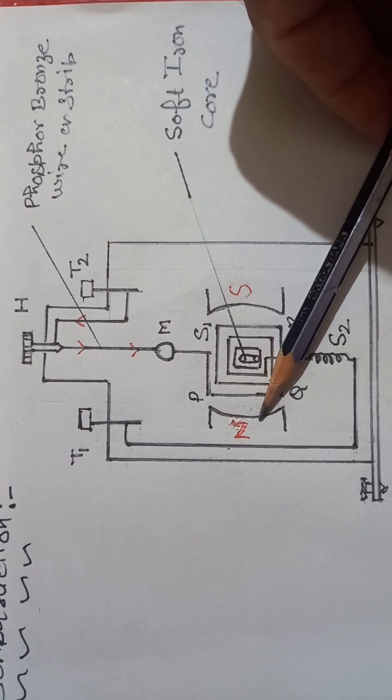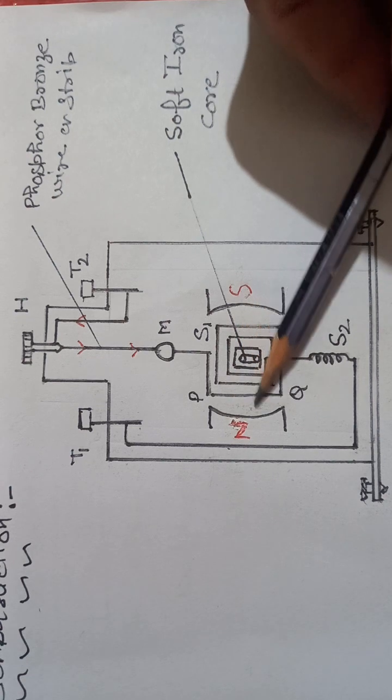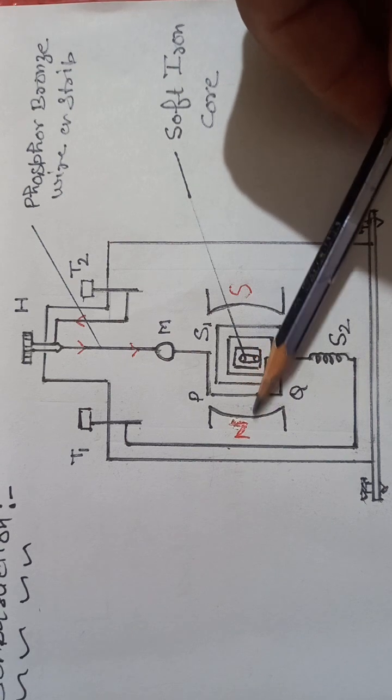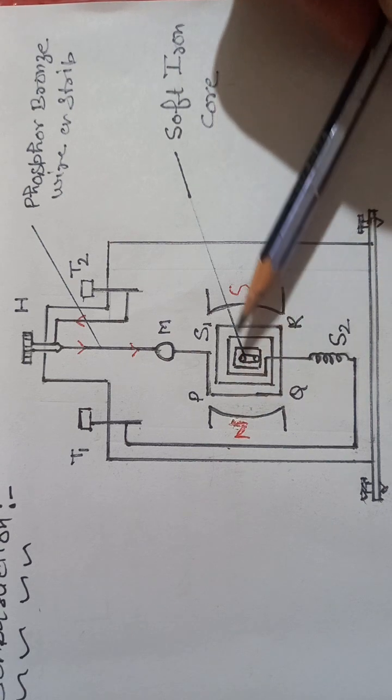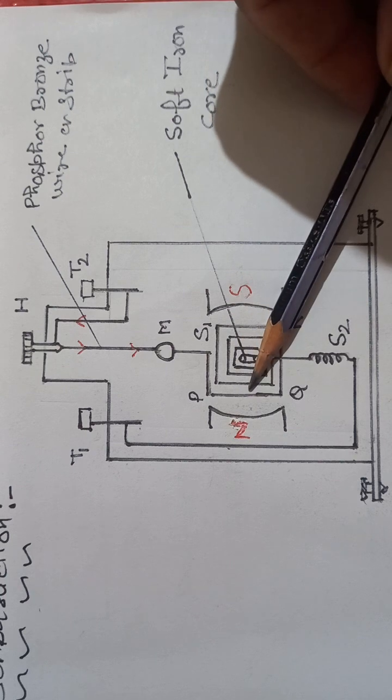Why cylindrical in shape, not a rectangular bar magnet? Because the cylindrical poles are going to give a special type of field that is known